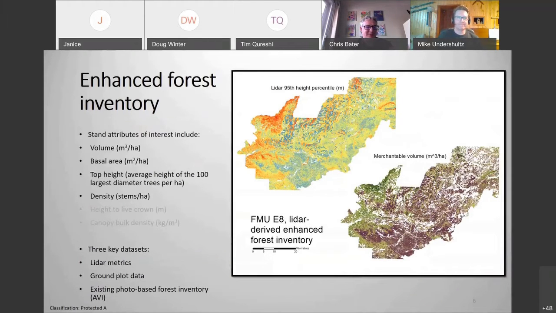In addition, we did take the LiDAR data and our PSP program, and we have derived our own in-house enhanced forest inventory products. So they include boilerplate EFI attributes like volume and basal area and top height. And they're based on the LiDAR, our PSP data, and the Alberta vegetation inventory. We actually don't use the LiDAR-derived EFI products directly in these projects,